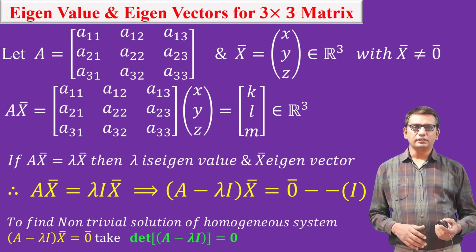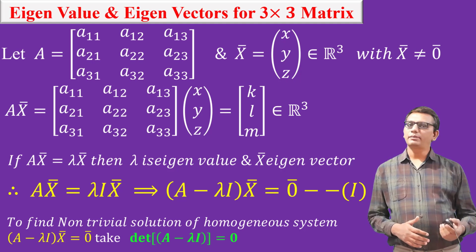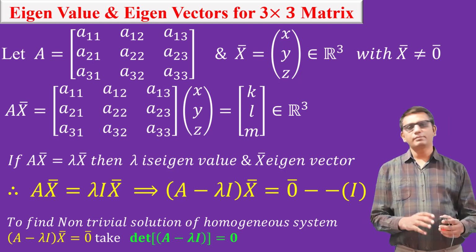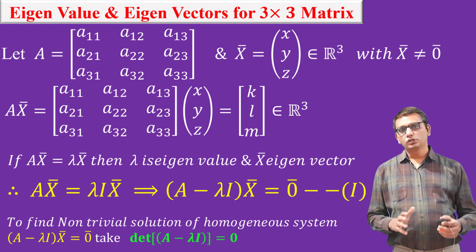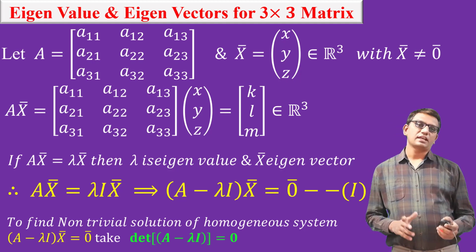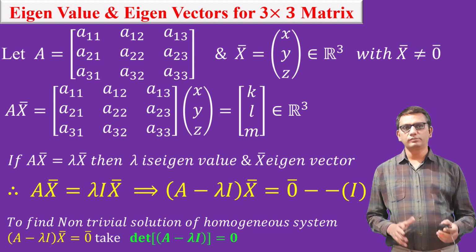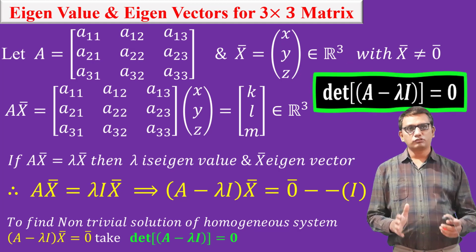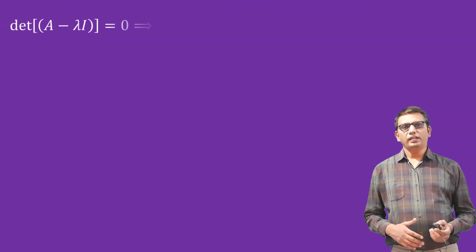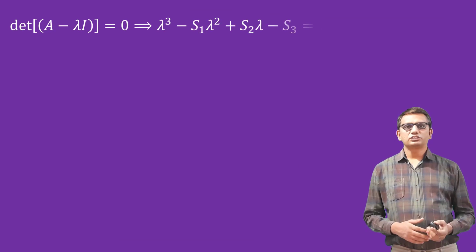So we are taking the determinant of A minus lambda I equal to 0. If the determinant of A minus lambda I is not equal to 0, then we have a trivial solution which is x bar equal to 0, which is not possible because we already assumed that x bar is not equal to 0. Now we have the determinant of A minus lambda I equal to 0, then it is a characteristic equation of